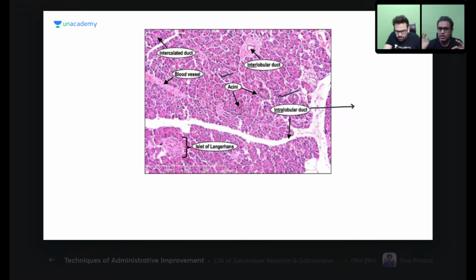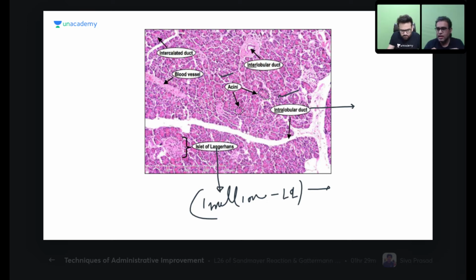So 90% is exocrine. And you can see in the lower left corner of the slide, you have an islet of Langerhans. Now, a pancreas has around 1 million islets of Langerhans. 1 million is around 10 lakhs. And most of the islets of Langerhans are located in the tail region. I'm not saying all, but most are located in the tail region. So you can note down the number which Sir has written, 1 million, and another number you can write down. Each islet of Langerhans has around 30,000 cells.